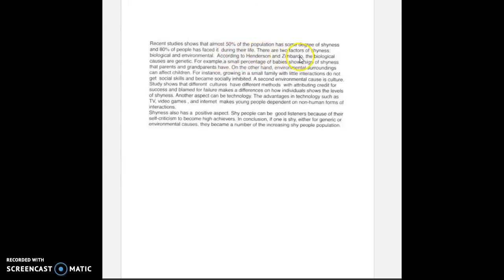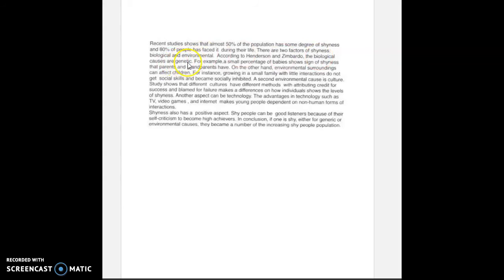Okay, so it isn't actually Henderson and Zimbardo. They are not the authors. Okay, there is a study that is cited at the bottom, and that's where you got this information. But the authors of this article are Oshima and Hogue. Okay. So you will mention that in your introduction. So you can just say according to studies,